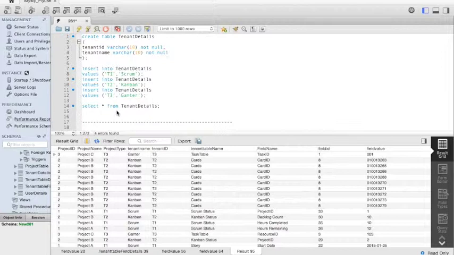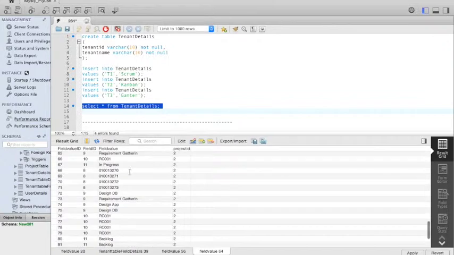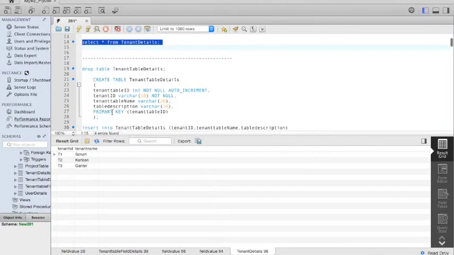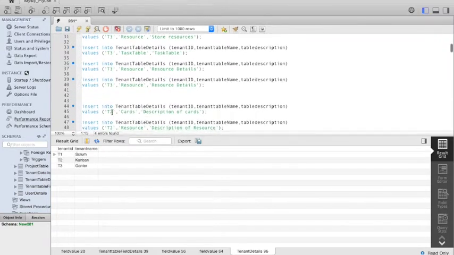The first table is tenant details, which has been created to hold all the details of the tenant name and the tenant ID. If we execute this query, we can see the two parameters, tenant ID and tenant name. Another table we have is the tenant table details.